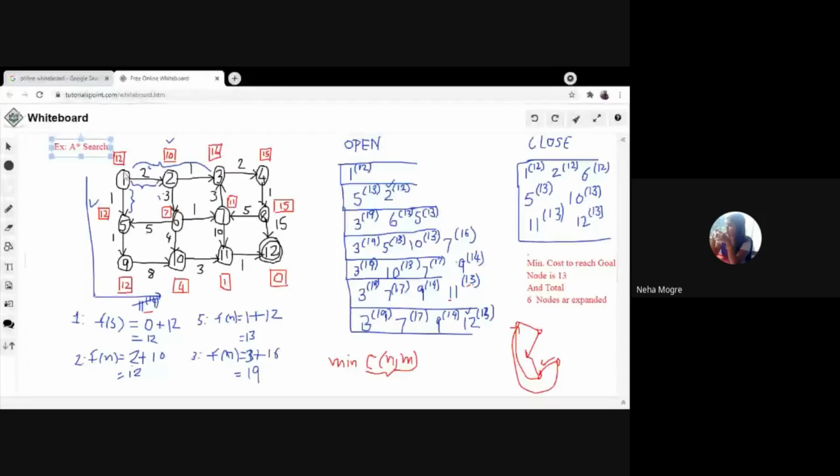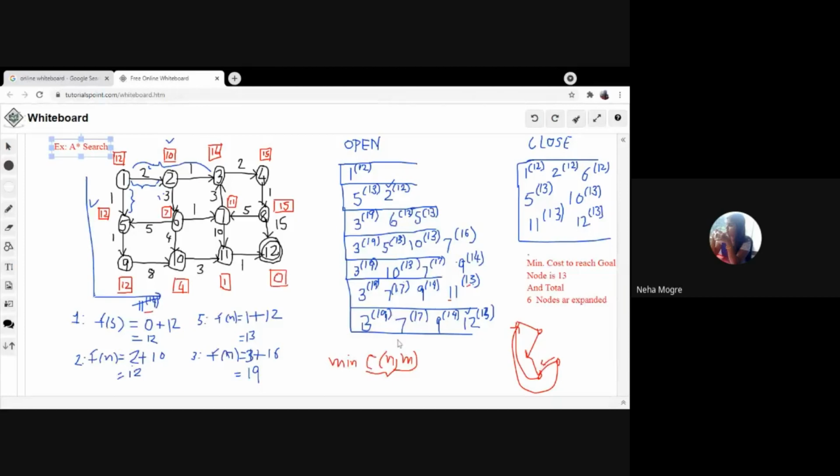The heuristic value for node 1 is 12. These nodes are nothing but cities, you can imagine. When I am on node 1, the estimated cost to the goal is 12, because the heuristic value is the estimated cost from a node to the goal node. What is mentioned in the square box is the heuristic value for each and every node. In this example, we have taken some heuristic values.